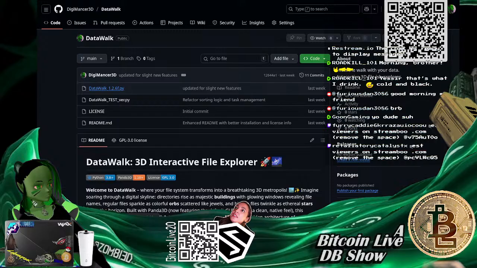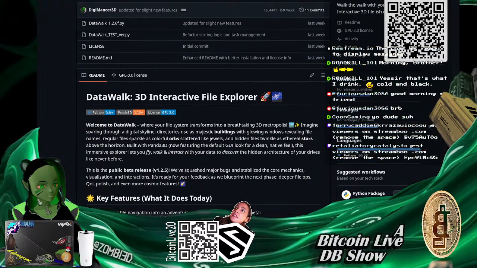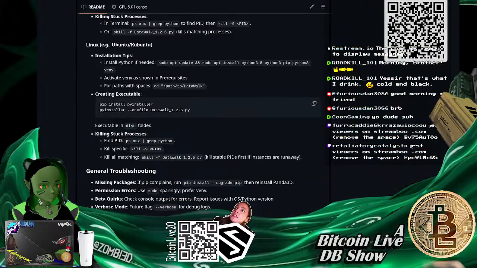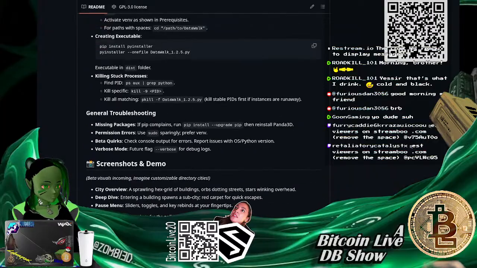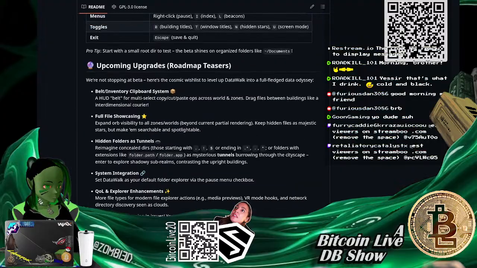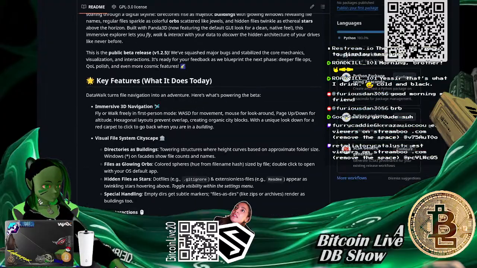I can see here it's an old copy, so I'm probably going to update this after today's episode and put that freeform flight inside the code. This even gives you examples of how to install it for Windows and Linux. It fully breaks it down.